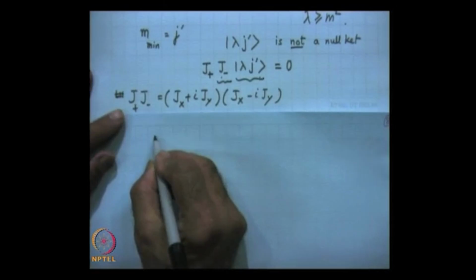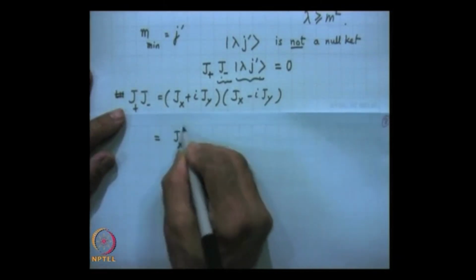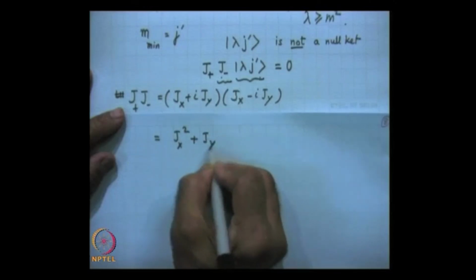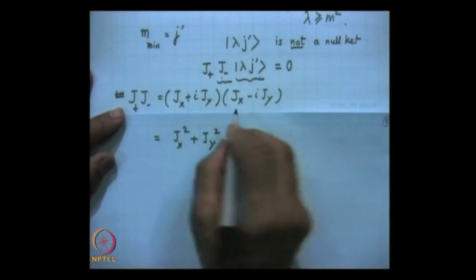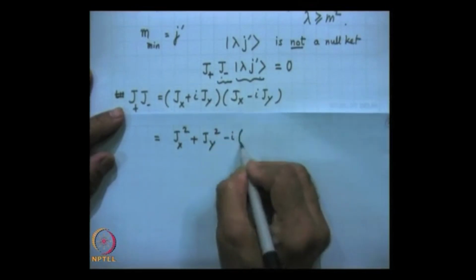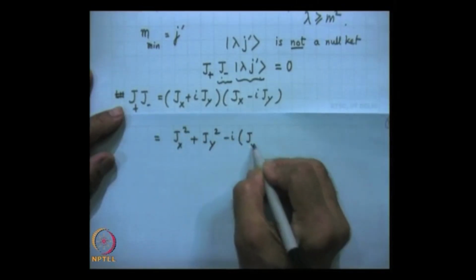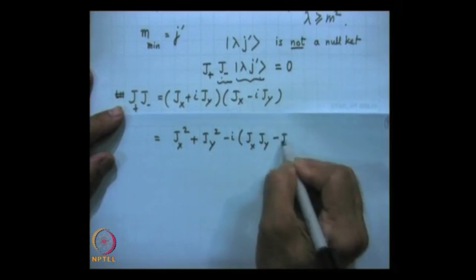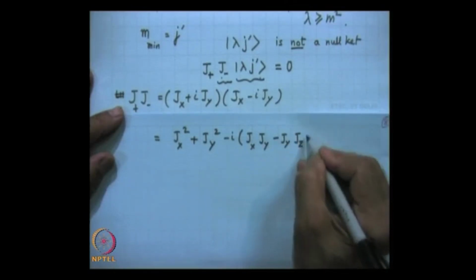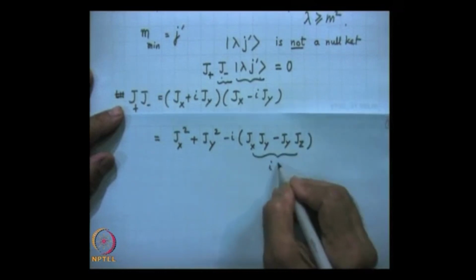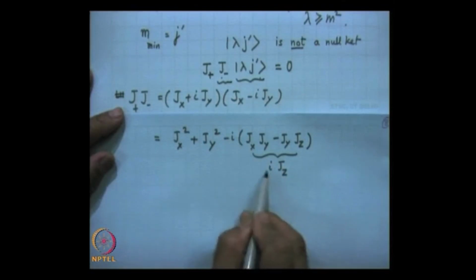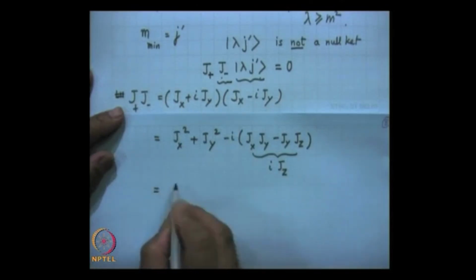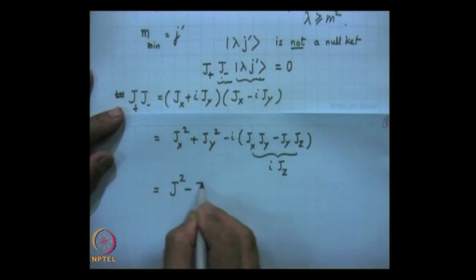So, we will have this is equal to j x square plus j y square, i times i is minus 1, minus minus plus 1, and then you will have minus i j x j y minus j y j x. So, this is i j z, actually i h cross j z. So, i square is minus 1. So, this will become j square minus j z square